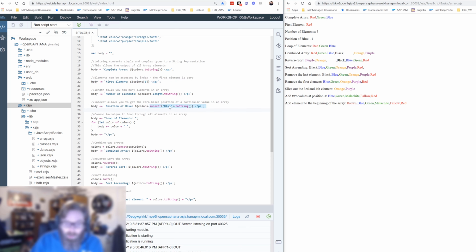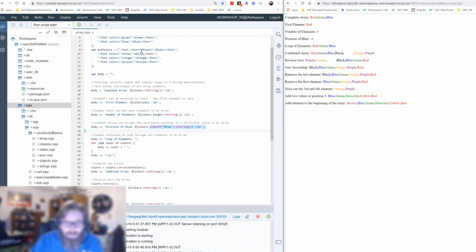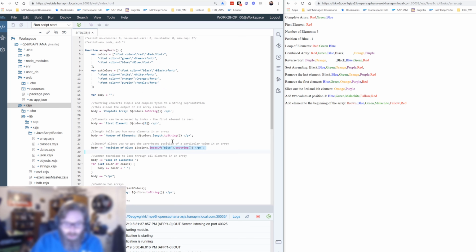We can say index of blue, and it's going to search for a value that has blue, and pass out that number. Now, it actually didn't find it because I don't have a value blue, because my value would be font color blue. With all this text, I would have to search for that entire thing. So it returned a -1. And that's okay. -1 in this case means I didn't find a value. If I were to now change this so that instead of blue, it was this whole font string, let's put that in there